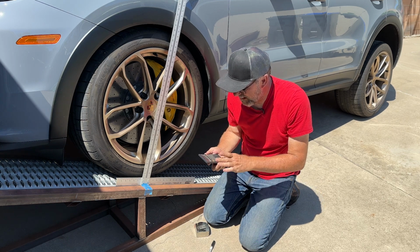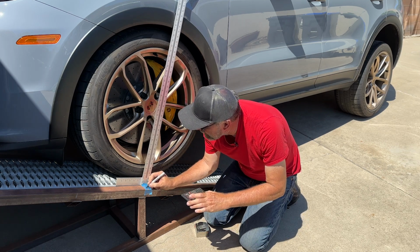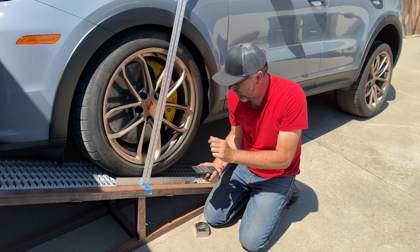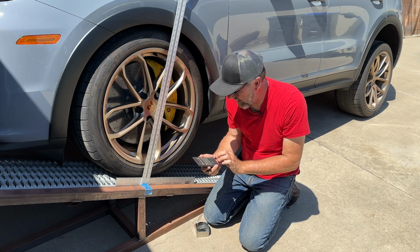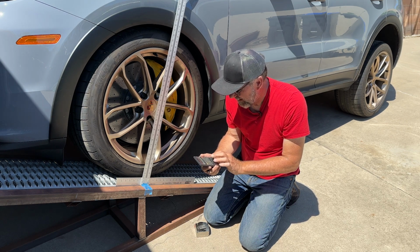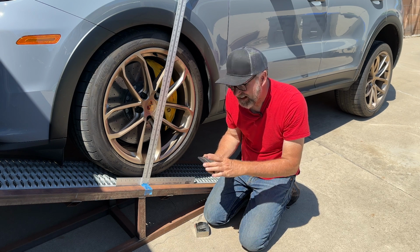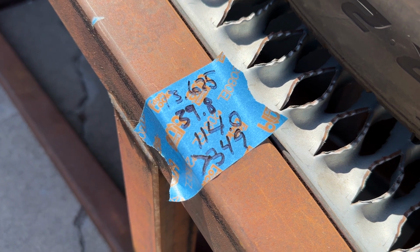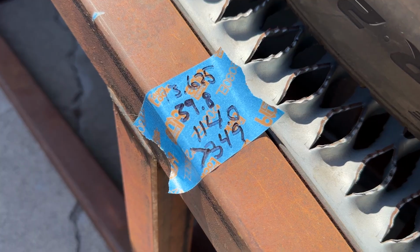Divide it by the sine of 20, and that's 39.8 inches of drive up the ramp to this point. Divide that by the 114-inch wheelbase and multiply by 1,000. And you get 349. But it's really more than that, or it's zero, depending on how you want to look at it. Anyway,